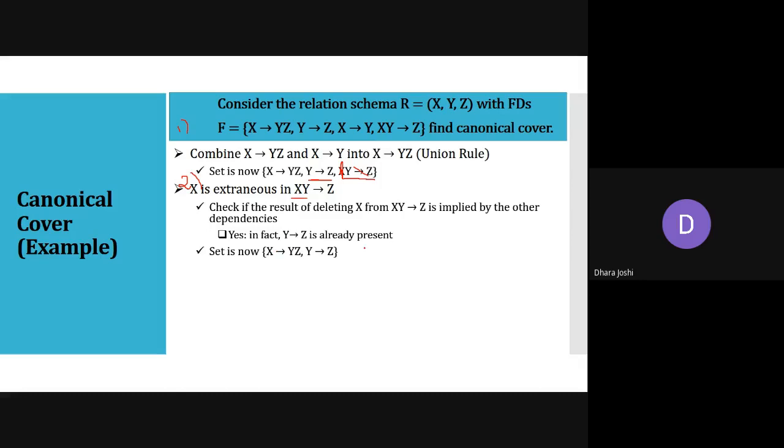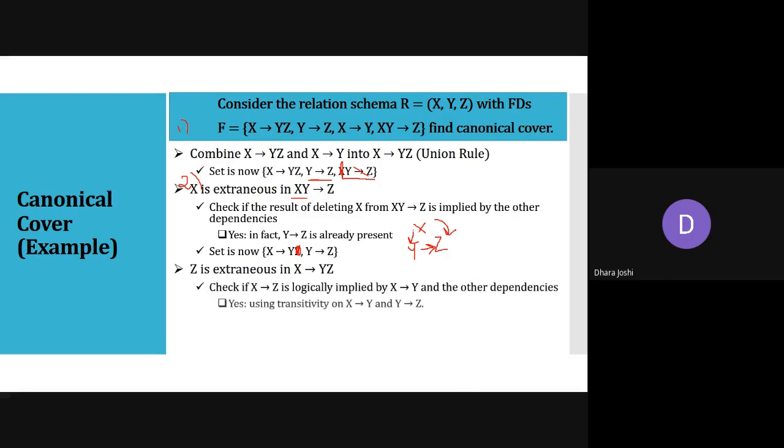So here we have the first 2 functional dependencies in the resultant set. If I have the value of X, I can get the value of Y as well as Z. And the second rule says that if I have the value of Y, I can get the value of Z. So I can say that here Z is an extra attribute. From X, I need to get the value of Z, and it should also be possible with the transitivity rule. If I have the value of X, I can get the value of Y. If I have the value of Y, I can get the value of Z. So ultimately, from X, I can also get the value of Z. So here Z is extra and we are going to remove it. And that is why our final canonical cover will be these two functional dependencies.